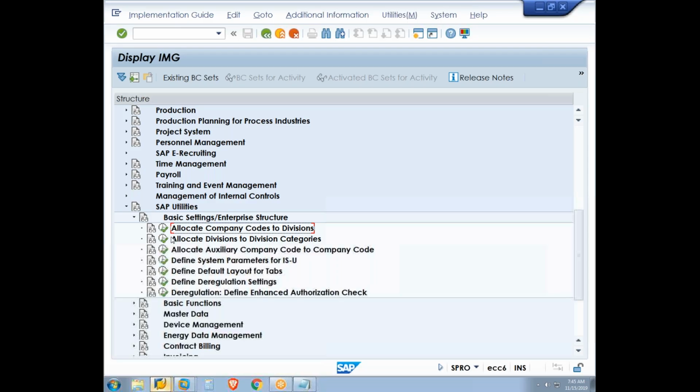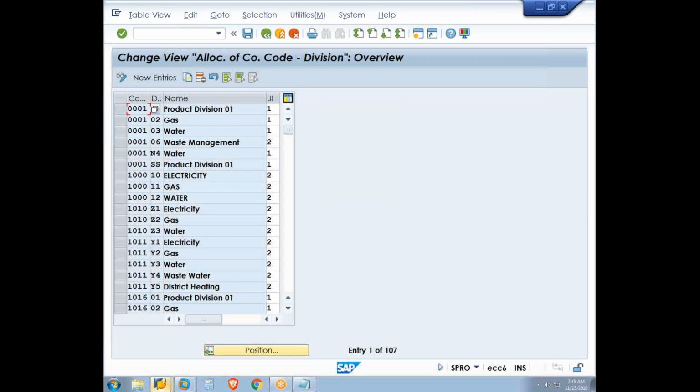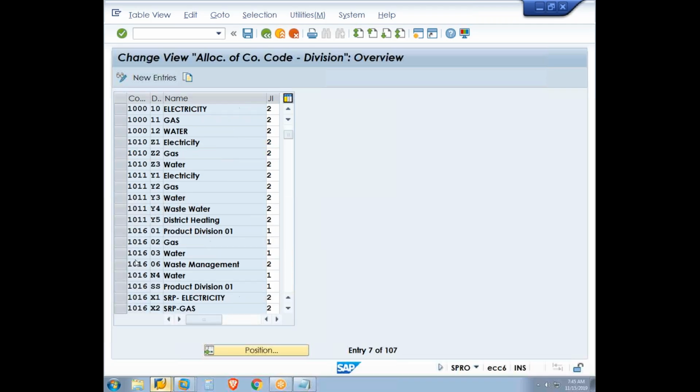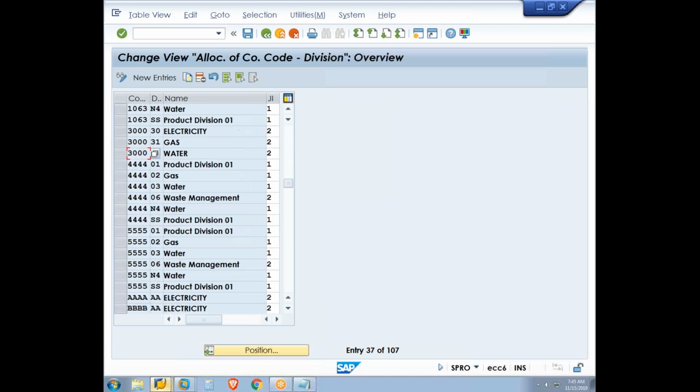Okay, so that's the reason we have to assign it. Now here what we see, we had earlier copied our company code from 0001. So the company code 0001 had its own divisions, for example 01, 02, 03, like that. But now what has happened, because we copied the company code from 0001, it has also copied the assignment of the division. Okay, so if we go to our particular company code, which is basically 555,